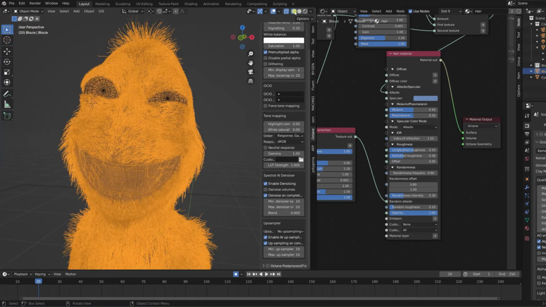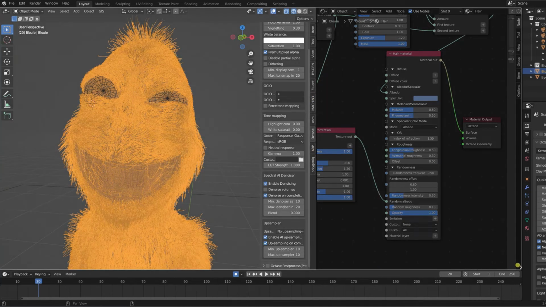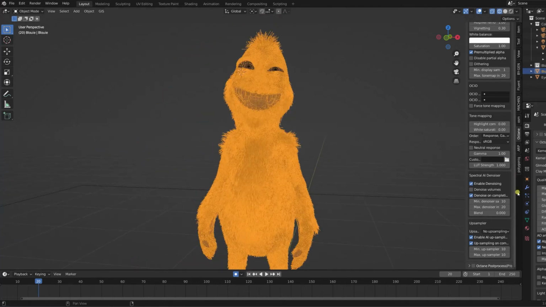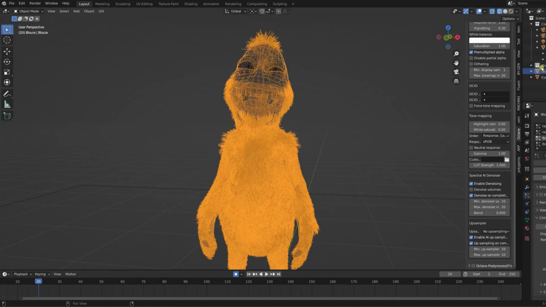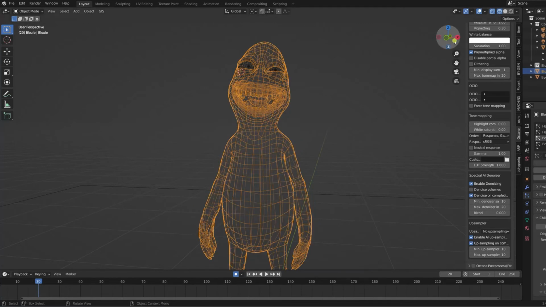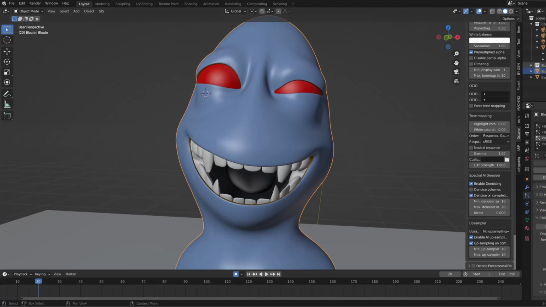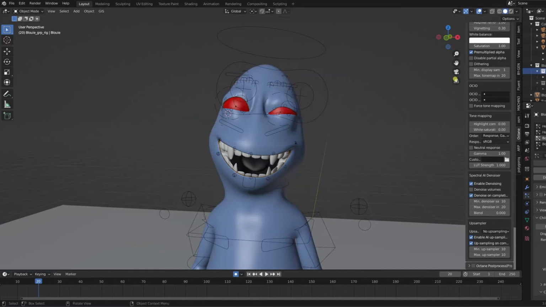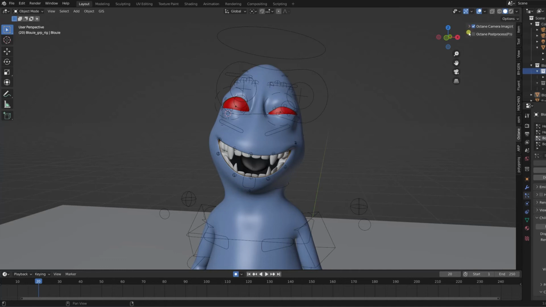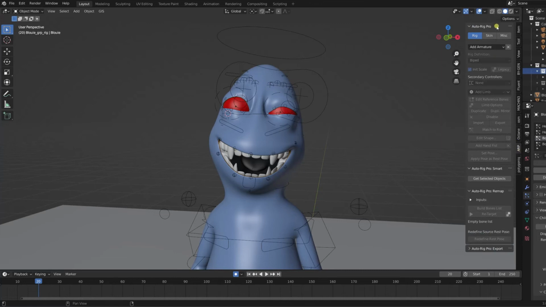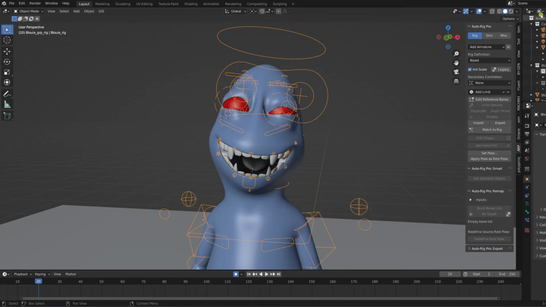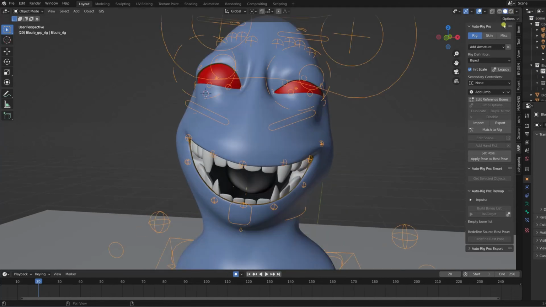So if you're interested in how to animate the character, because I have this very nice plugin for the animation, let me close this window here. So, and what I don't need for the animation is a fur to slow the feedback down. So what I have here is the rig setup, and I'm using a plugin called Auto Rig Pro, and it's fairly easy,